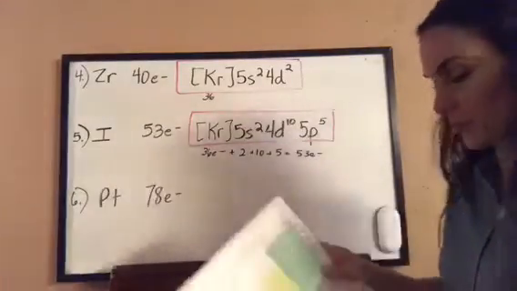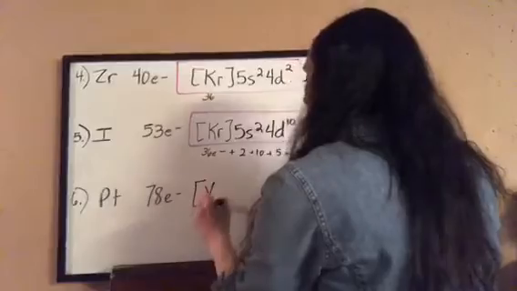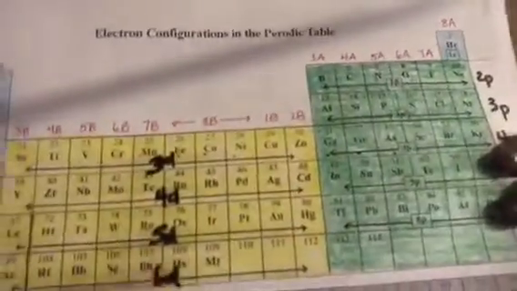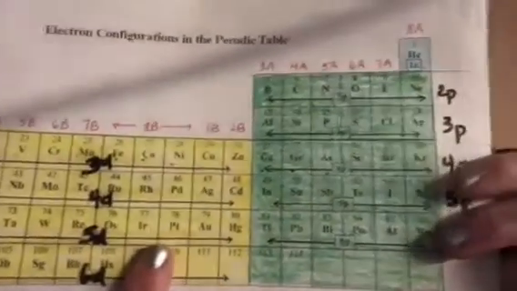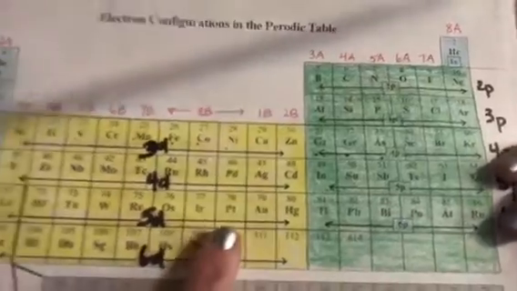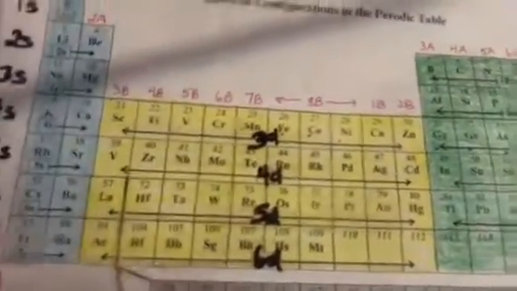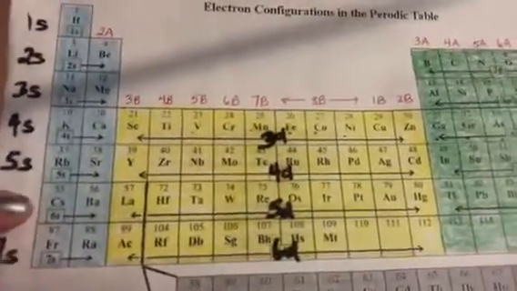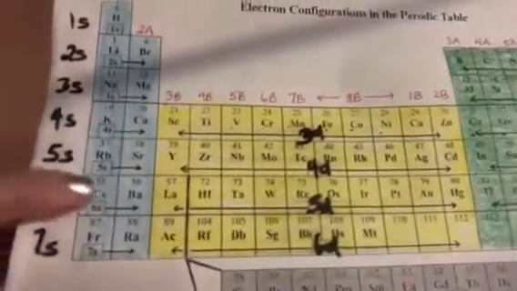Well, let's write its electron configuration. So platinum, 78 electrons. Okay, the noble gas that precedes platinum would be xenon. So xenon accounts for 54 of the 78 electrons. Okay, so here's platinum, Pt. The noble gas that comes before it is xenon. Now we need to account for all of the sublevels that come between xenon core and the platinum. So now we have 6s2,